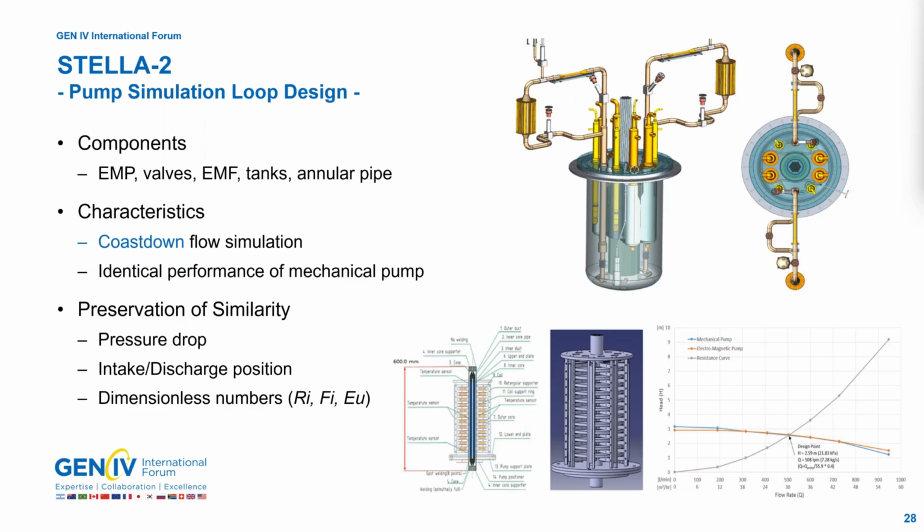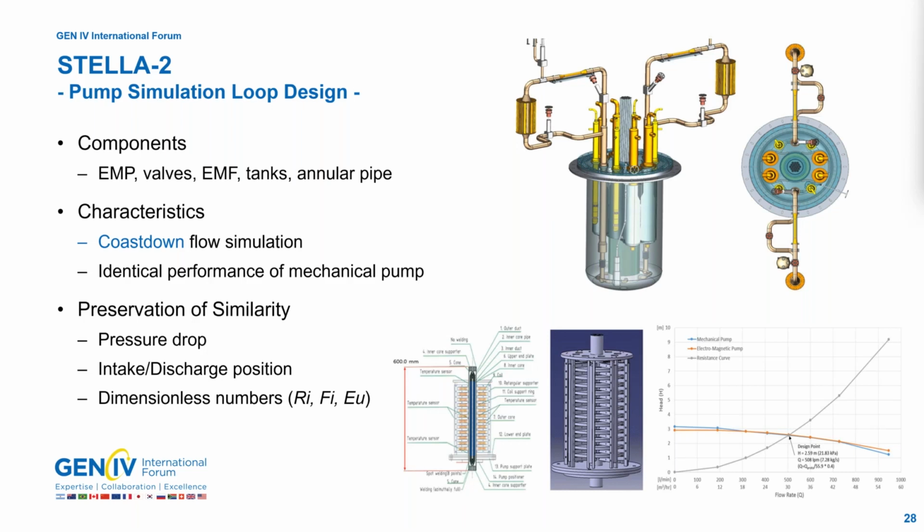The replacement of the mechanical pump was suggested to measure the primary side flow rate. So we have taken out the loop and installed a flow meter with electromagnetic pumps outside. With this feature, we can exactly measure the primary flow rate, whether it's a forced flow or natural circulation flow.